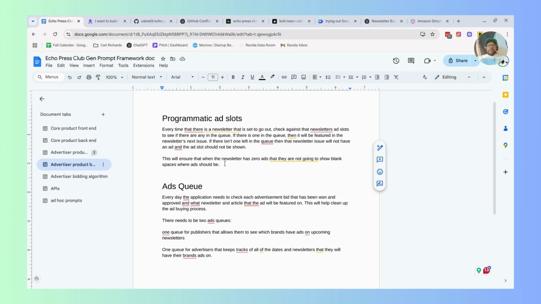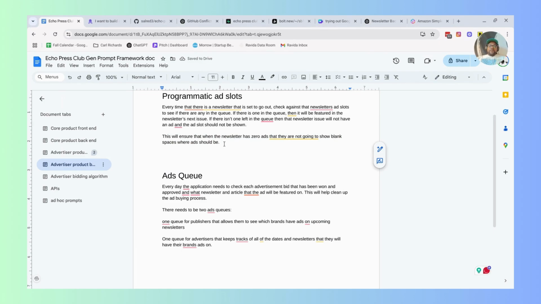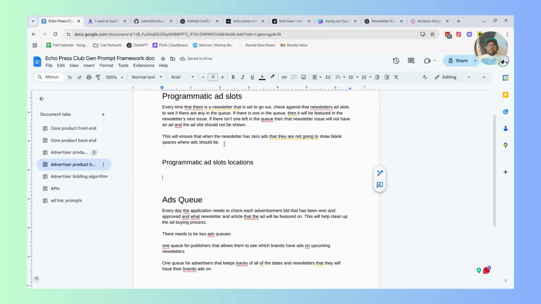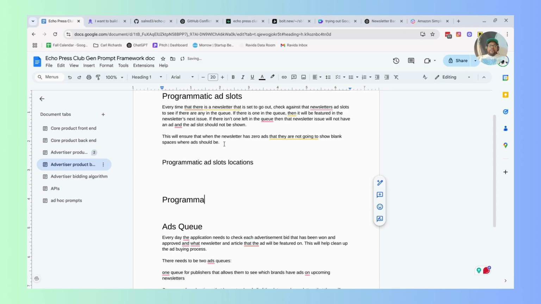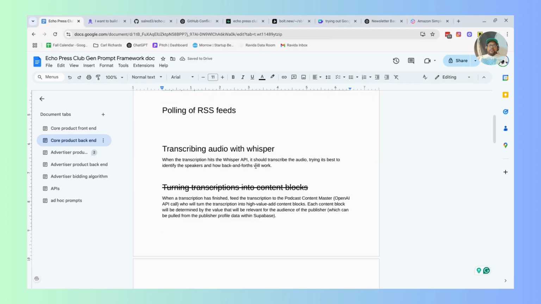But I didn't do the programmatic ad slots, so I'm gonna not do that yet. I'm gonna write this later. So right here we probably want to do programmatic ad slots locations, and then we want to probably do programmatic ad submission flow, and then over here we're probably going to want, as far as we don't already have it here,